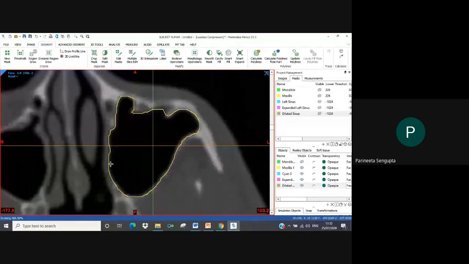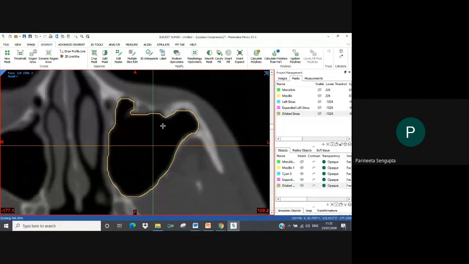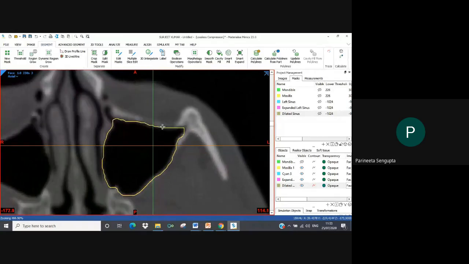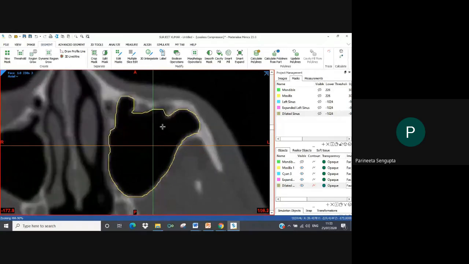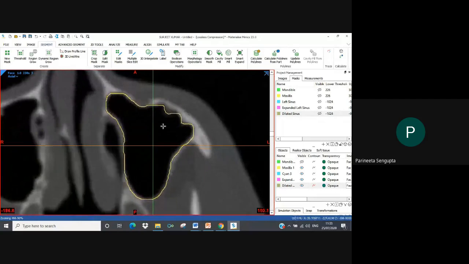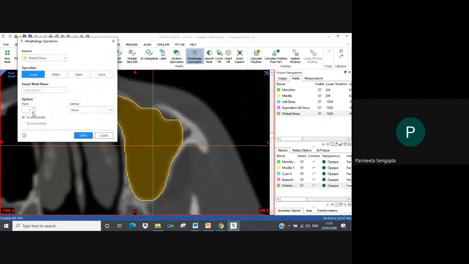So if you see at the region here that I'm highlighting through my mouse, it has taken some extra values. So this is not ideal. So what I'll now have to do is go back to my morphology operations, maybe change the pixel values here or change the connectivity and then further do it.